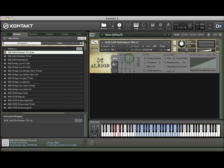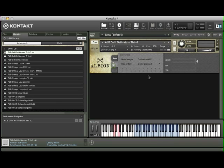Let's change the balance slightly. And then A sharp at the bottom of the keyboard has a very nice tight sound. You've also got an option for soloing the mic here. Now, if we go into the ostinatum page,